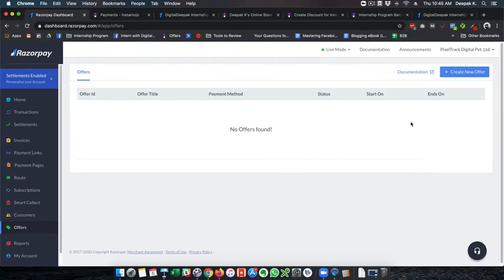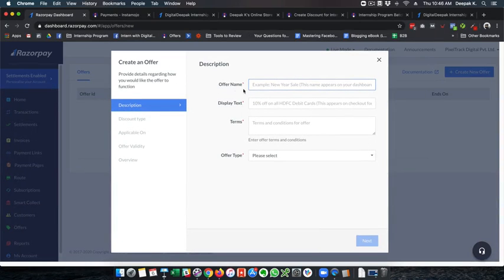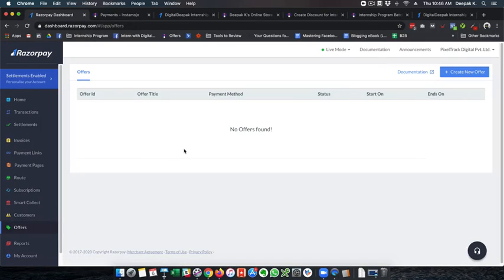So here I see a tab called offers, and I think this is the discount thing. It's not very clear. Maybe I should explore this more. Maybe this is the discount thing, maybe not. And right now, this entire tab, even for a user like me, right out of the bat, it's very confusing.